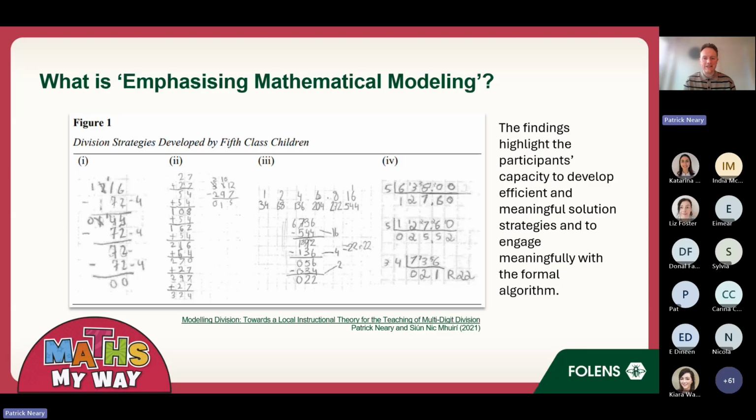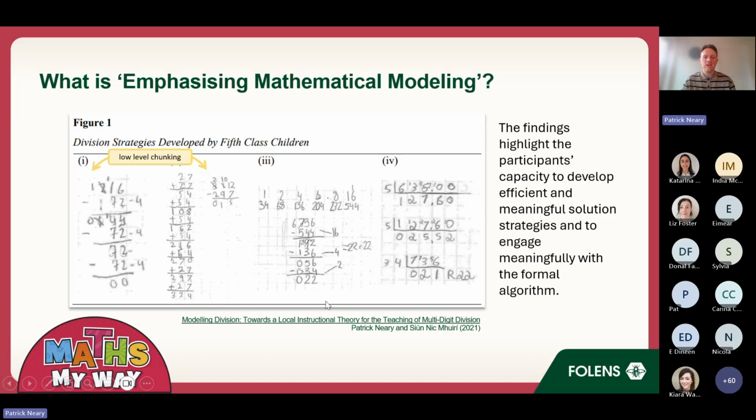But deliberately at the start, we did not show them the way that you usually find in a textbook for solving long division. We wanted the ideas to come from the children themselves. The numbers started quite small, so the children would have started by just using repeated subtraction, and they could easily find the solutions. And then as the numbers got harder, they had to come up with some different ways to solve